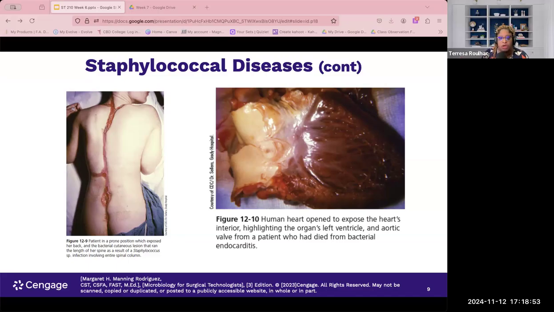How do we manage this? Well, you have to have urgent medical intervention because you want to address that low blood pressure. You do not want the organs to go into failure. It is not something that you can just easily flip and reverse. Okay. Antibiotics are going to be prescribed for that bacterial infection, but they do not neutralize the toxin directly. For us as surgical techs, awareness, controlling our sterile supplies, and attention to wound care is going to help reduce